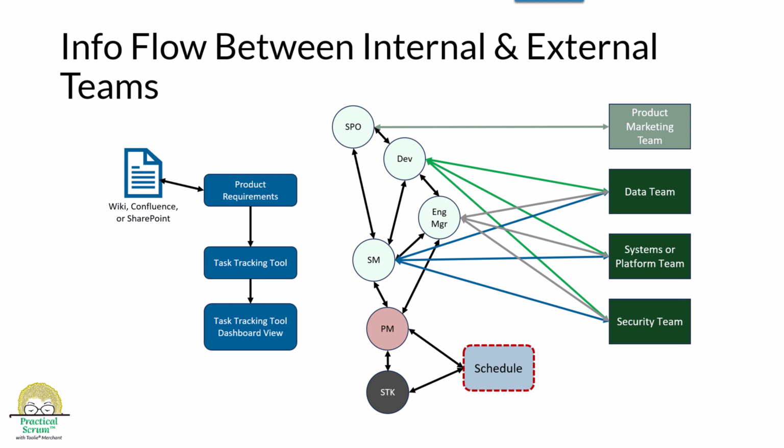The EM will like this because they want to be the gatekeeper for their team and defend their time and priorities. Now, if you're really adventurous, you could allow these exterior teams to have direct access to the task tracking tool, but that can be risky unless you're confident in their abilities to add useful information.